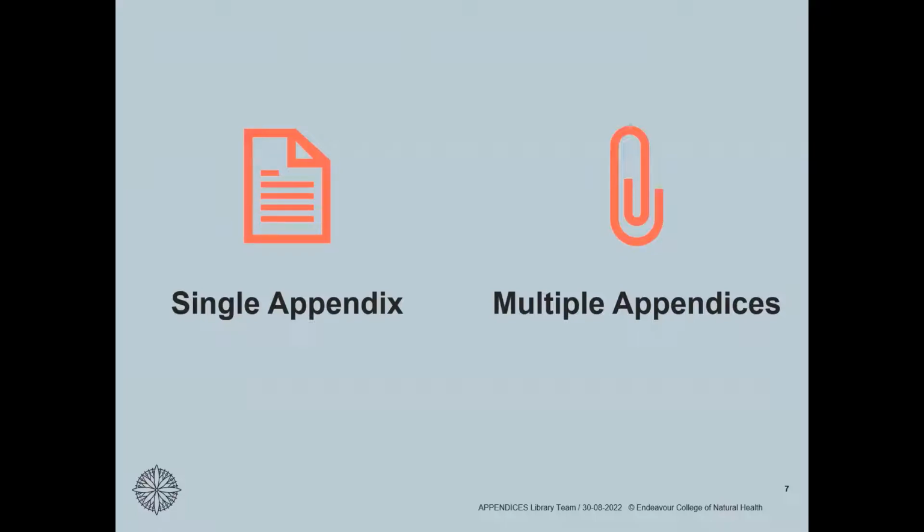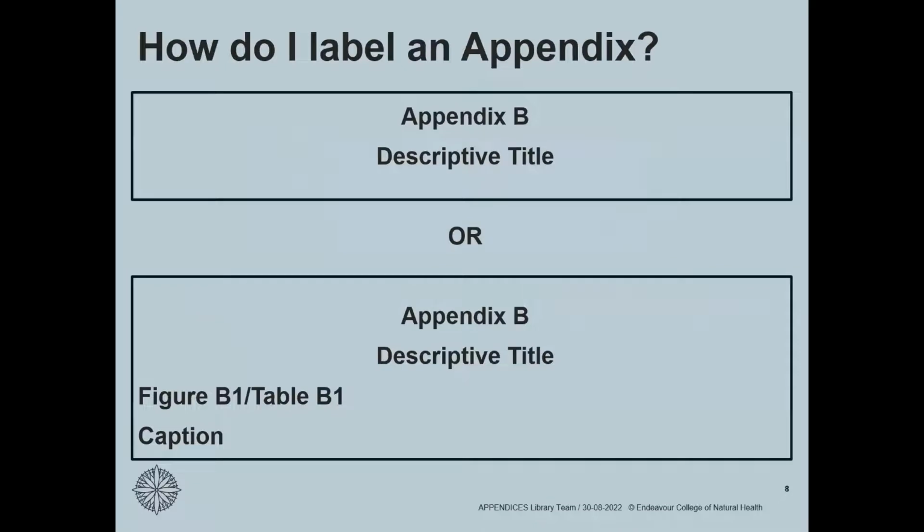There is no limit on the amount of appendices that you choose to include, and it is your choice as to how best to present the information so to support your assignment. Information in your appendices is not included in your word count. Each appendix is assigned a letter and a descriptive title. This is always centralized. You can see this in the first example.